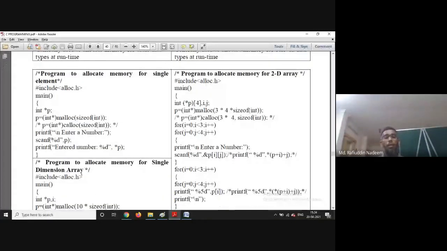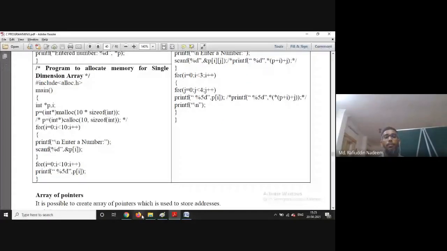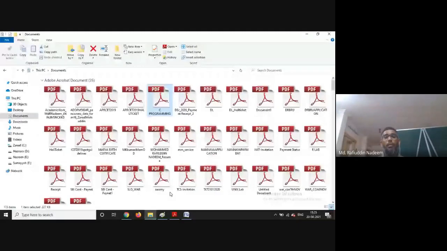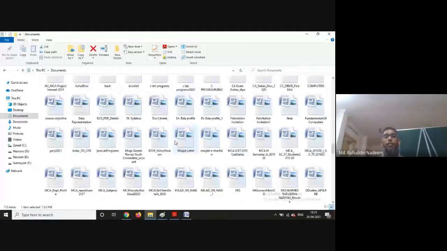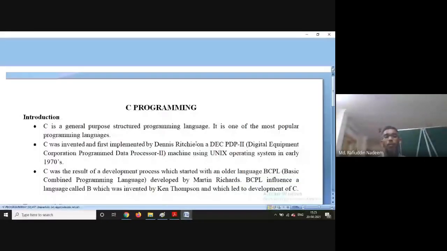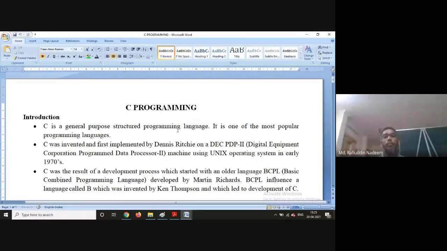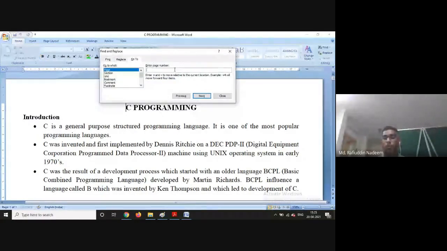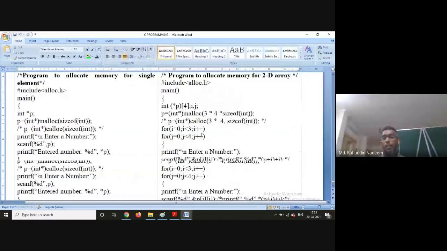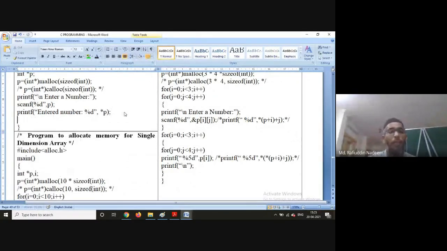Of course, I have not mentioned it. See, I will do one thing. Here it is. After the allocation is done, the duty of the user is to free the memory.